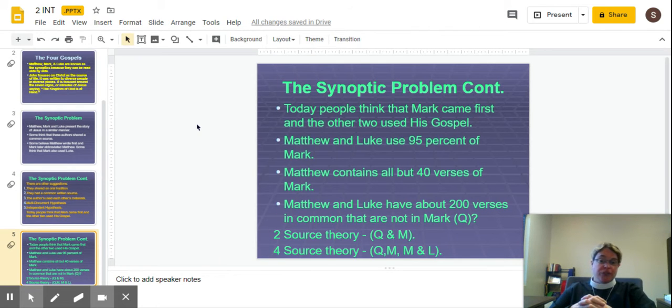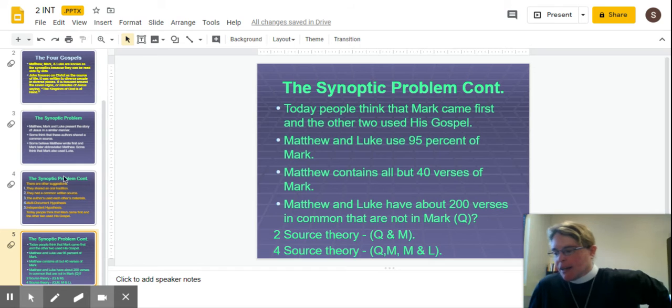The four source theory looks kind of silly, and at this point, you know, they teach us this stuff, so we talk about it. But the four source theory is that there's Q, Matthew, Mark, and Luke. So basically, that just goes along with everybody kind of using everybody else's stuff, which is fine. There's no copyright laws back then. So these are the synoptic hypotheses, if you will, about how these gospels came to be.